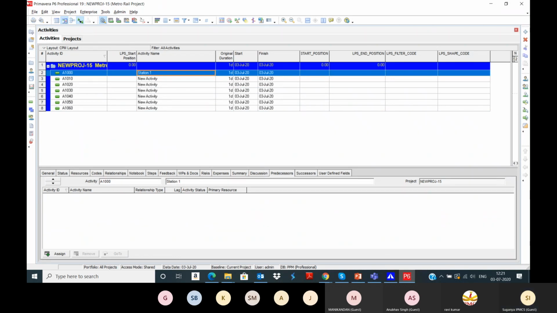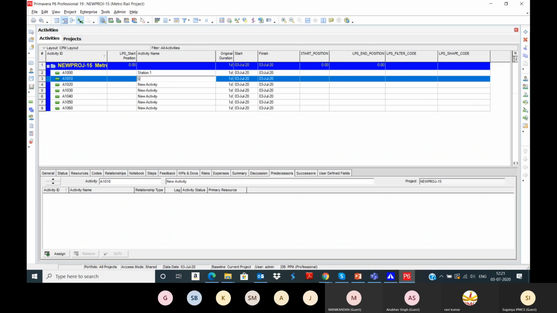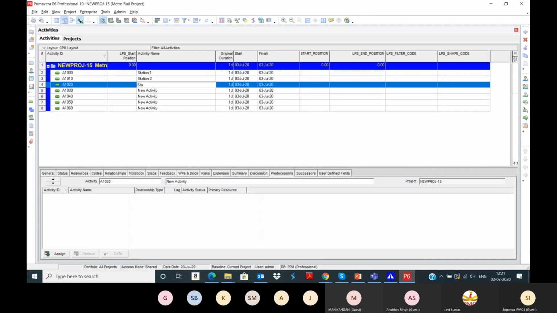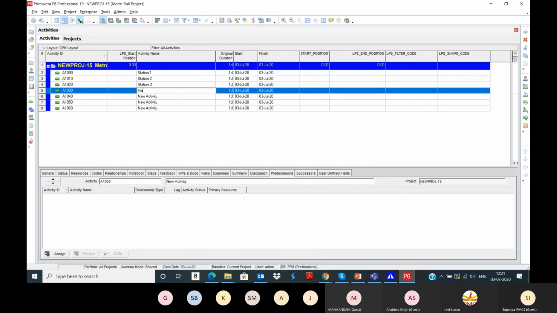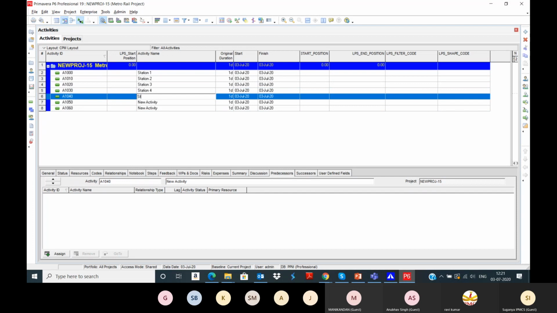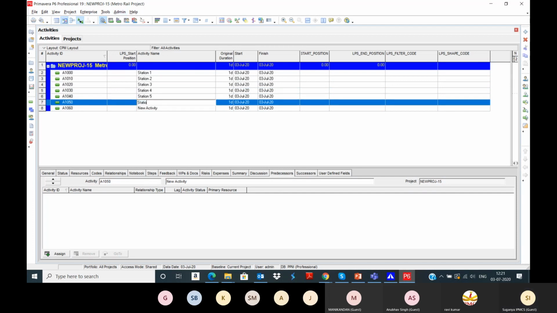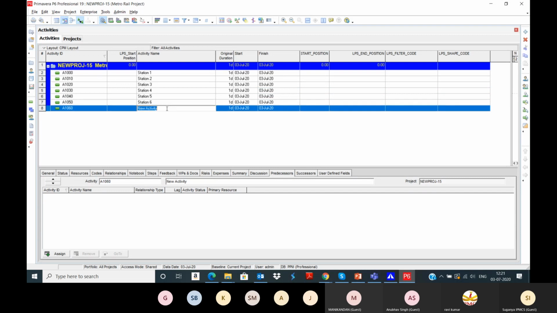Station 1, Station 2, Station 3, Station 5. So you can include your railway lines, stations, platforms and all.